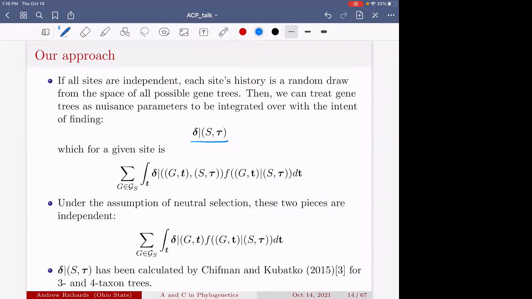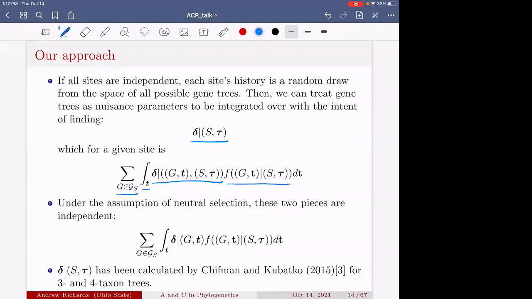And for a given site, that is the sum over all possible gene trees consistent with the species tree topology, which is given by that term script G sub S, integrating over the speciation times, and then a factor for the data probability given the gene tree and the species tree,